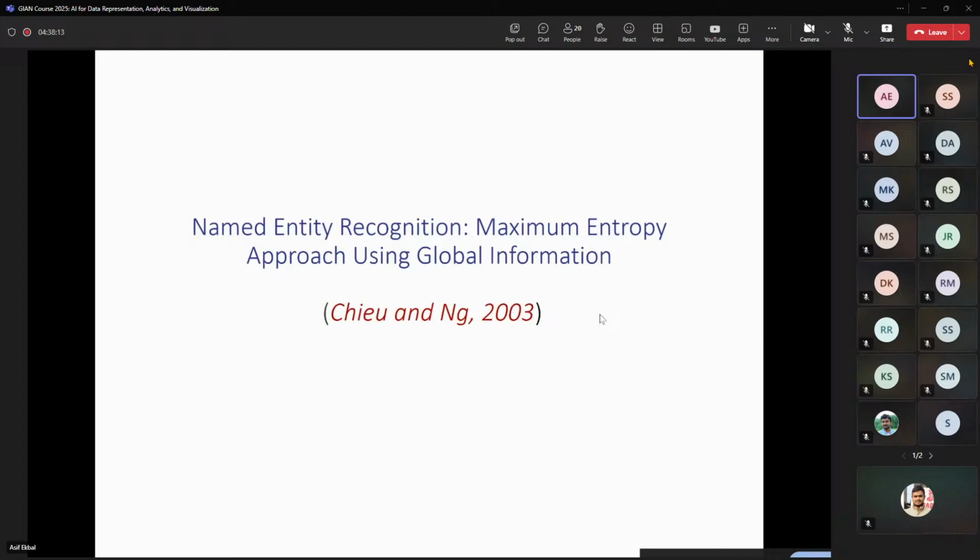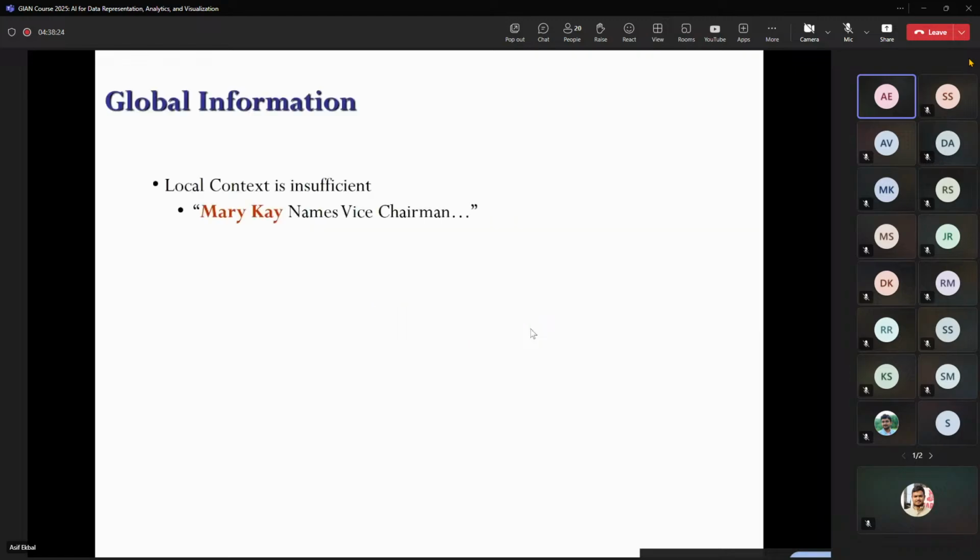So the local contextual information is okay. Another very interesting work, done in 2003, is how to incorporate global information and why global information is useful. Let's see this example: Mary Kay names vice chairman. Now, if I ask you whether Mary Kay is a person name or not,